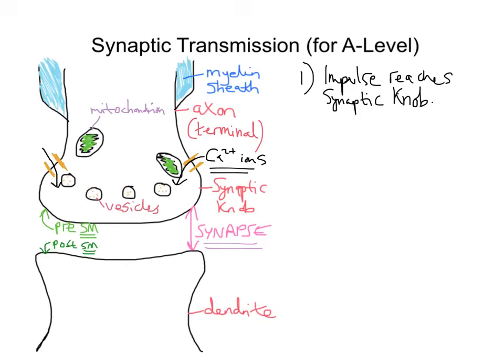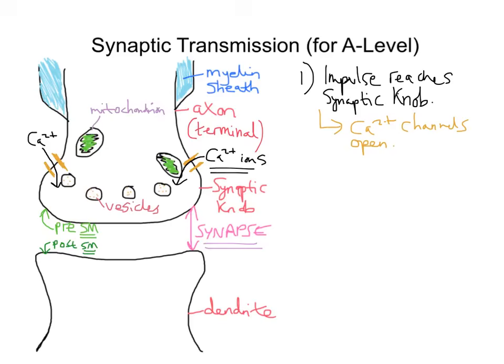So Ca2+ ions pass into the axon terminal through those calcium channels. So we'll just have that then. So Ca2+ channels open. Now when calcium rushes in, what that does is cause these vesicles containing neurotransmitter to move down to